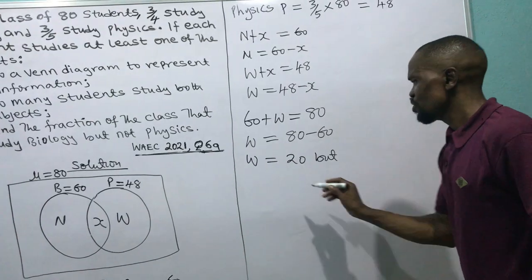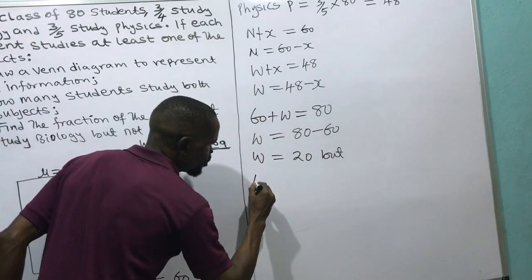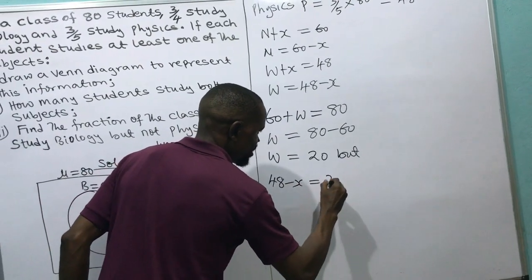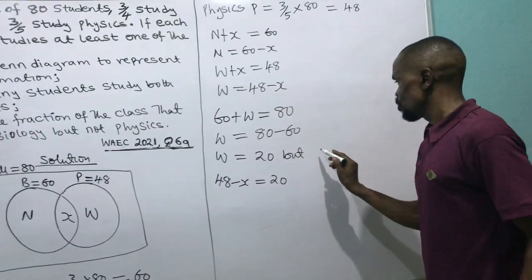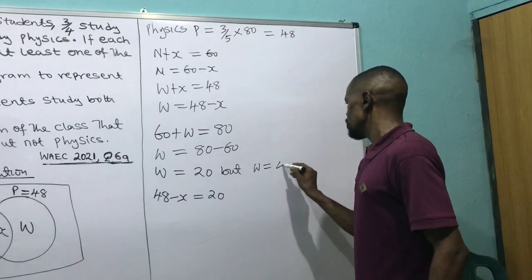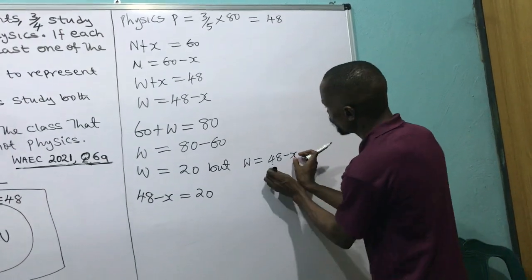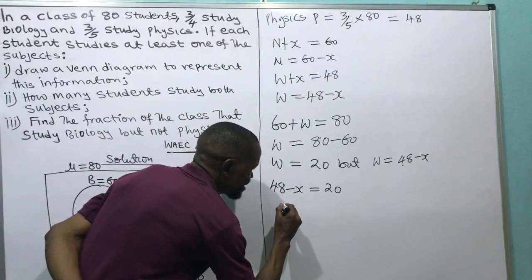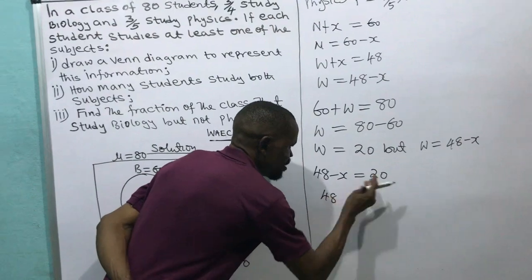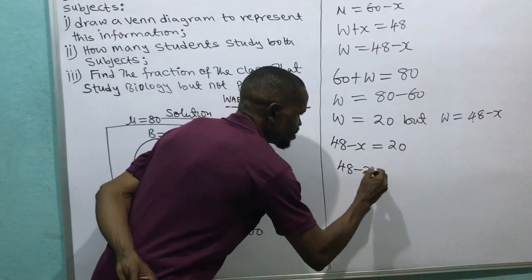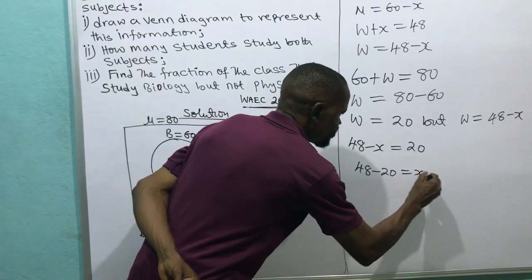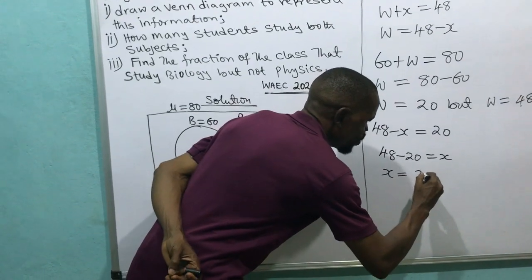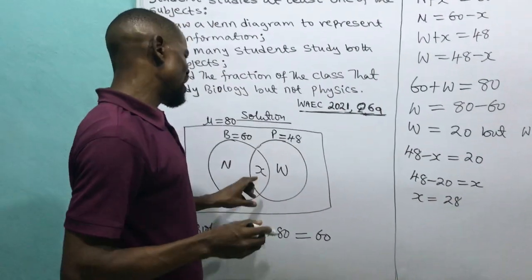But what is my W? I know my W to be 48 minus X, which is equal to 20. Then I take 48 minus X to substitute for W. Then X, which is 48, coming over here becomes minus, and this going over here becomes plus. That gives me that my X is equal to 48 minus 20, which is 28. So 28 students